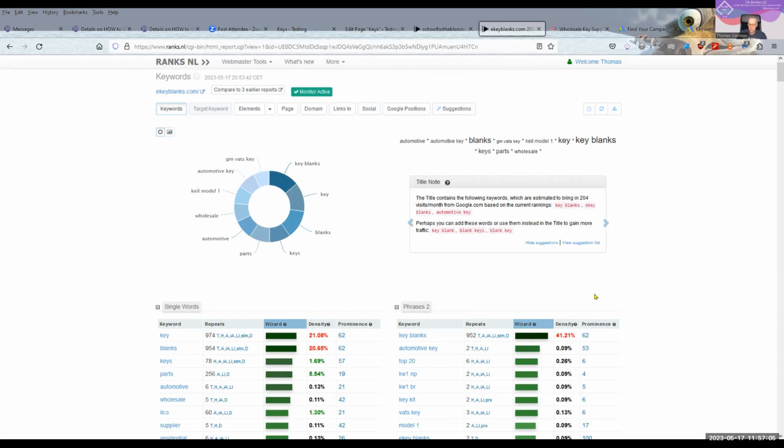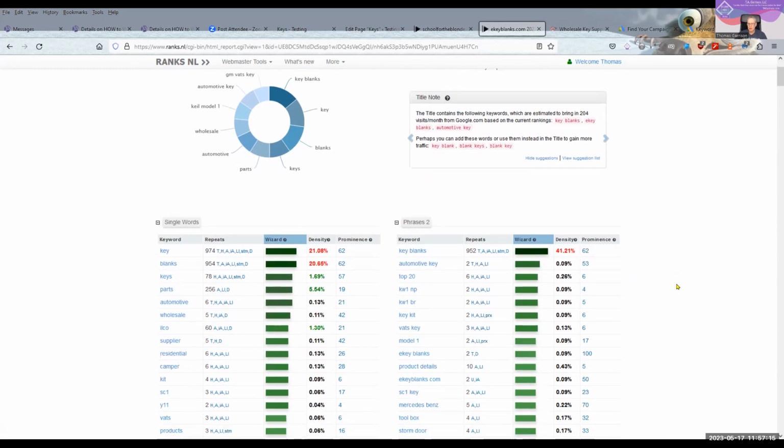Make sure it's repeated no more than 3% density. And you can see this guy is way out of line. And why is the higher density bad? Higher than 3% is bad, because there is not enough text on the page to support it being repeated that many times, which means it looks like you're just stuffing that keyword term in the page. And that's what angers the search engines.